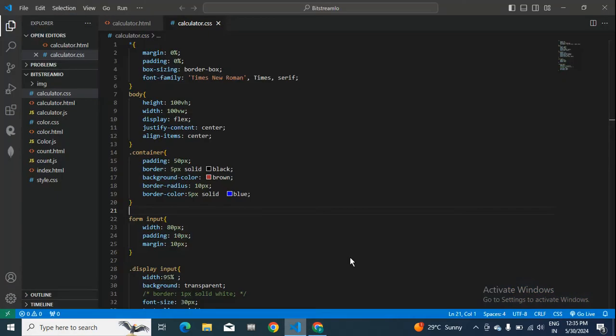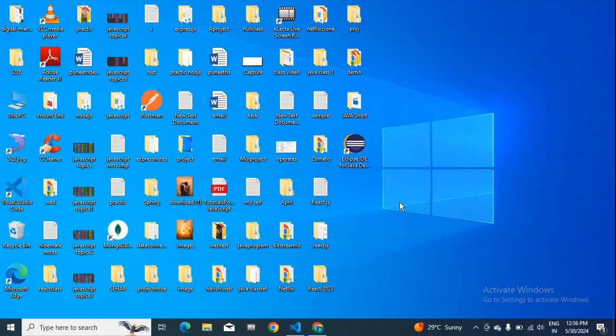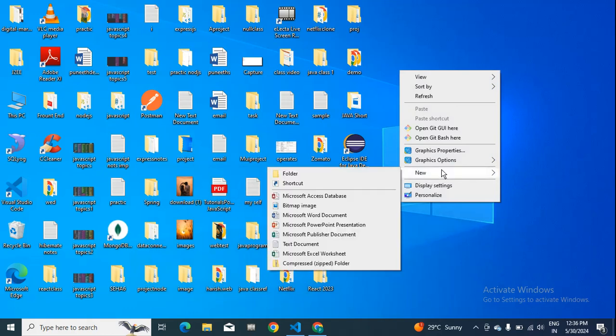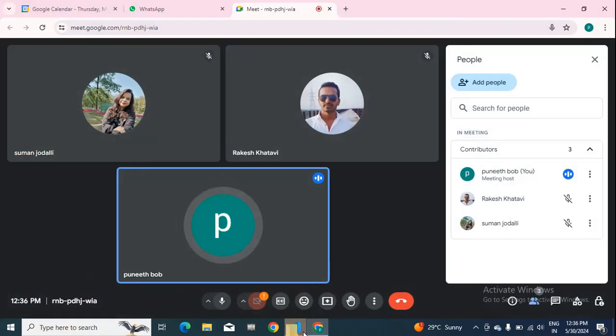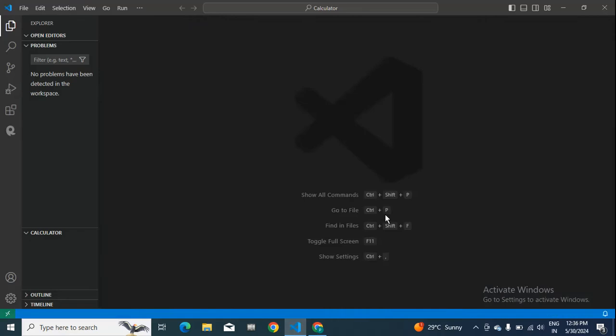So here today we'll be doing a simple task of how to make a calculator using HTML, CSS, and JavaScript. That is, I'll take the calculator folder and just drag and drop it inside this. I'll go over here and I'll create the two normal files, that is